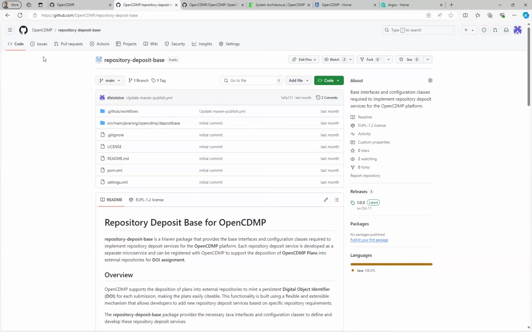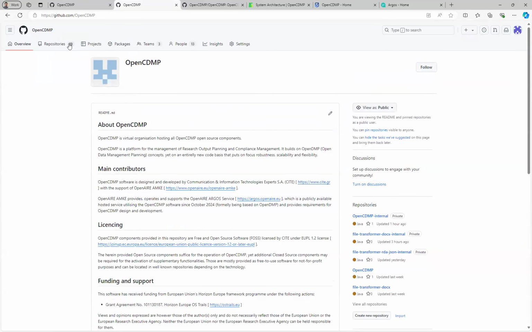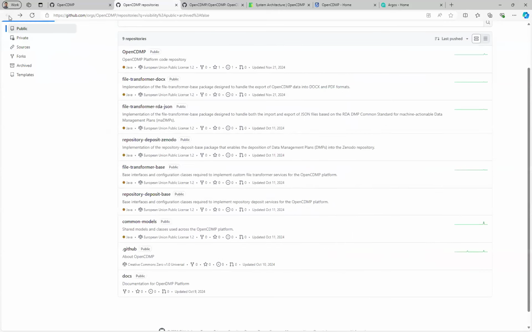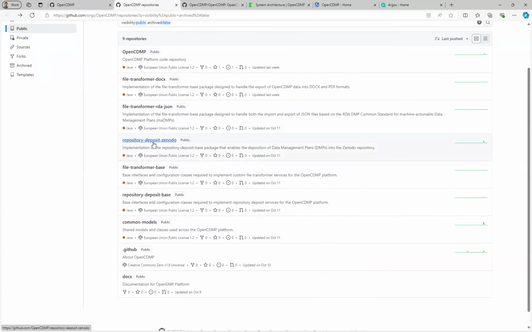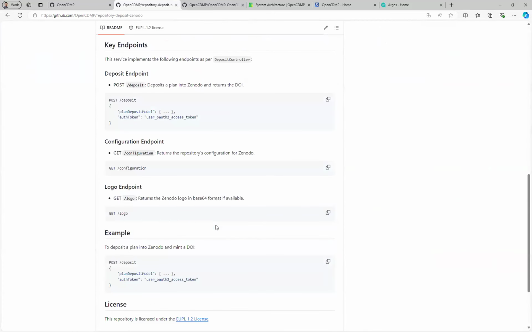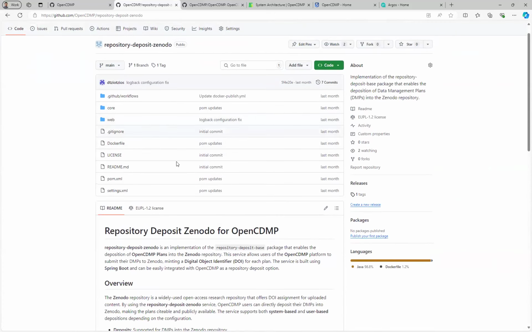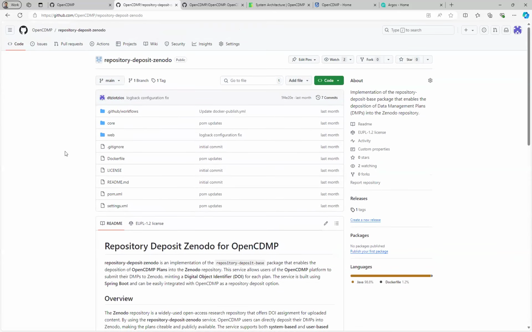No, okay. So we used that package to create the Zenodo plugin, for example. We created a new project, we imported that package, and we implemented these functions to communicate with Zenodo. Since this repository is open source, someone could have a look here and see the implementation of this service and maybe have a first idea of how a new custom plugin can be implemented for depositing things to a different repository than Zenodo.